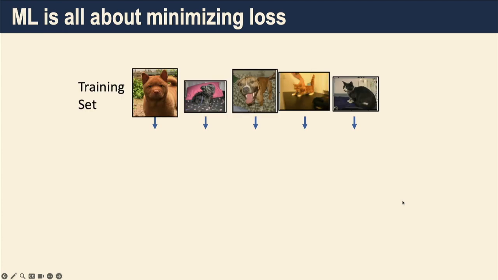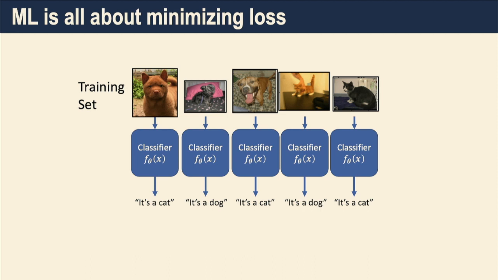All right, great. So machine learning is all about minimizing loss. I'm going to talk about the first paper first, and talk a little bit about differentiable programming, right? So I'm going to give you this input training set. I'm going to run each image through the classifier, and it'll tell me a bunch of labels, right? It'll say that's a cat, that's a dog, that's a cat, that's a dog. And you can look at this and say, okay, well, some of these are not correct, right? That's probably not a cat, et cetera.